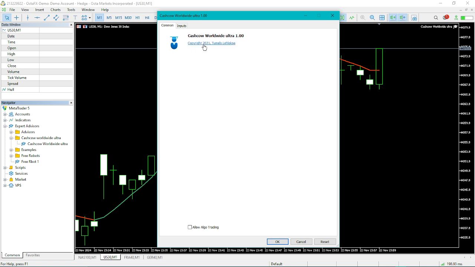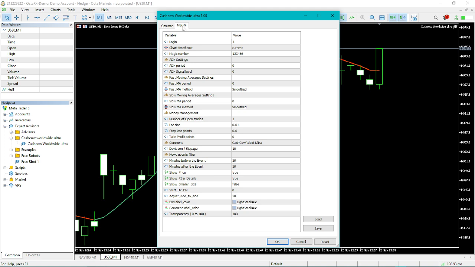This is the robot that I created back in 2021, and now I want to create a much more advanced version of this robot, but also not change too much of the strategy. So we have the ADX indicator, we have the fast moving average and the slow moving average. That's basically the indicators behind the robot, and the strategy is simple. With the two moving averages, when the first one is above the slow one, and the ADX is giving us a strong trend signal, that's when we enter a trade,